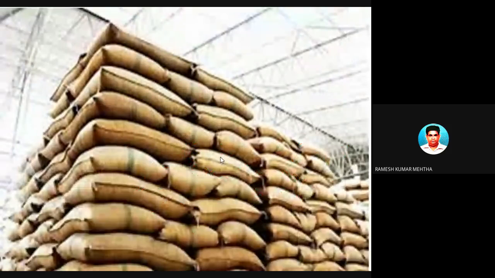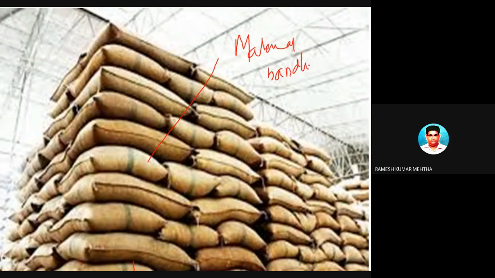So these are agricultural products, and agricultural products are stored in a warehouse. You can imagine how these have been stored to such a height by using material handling equipment. Again, we have to invest a lot of money in material handling equipment, because it will help to load, unload and store the goods properly, and the available area can be fully utilized.